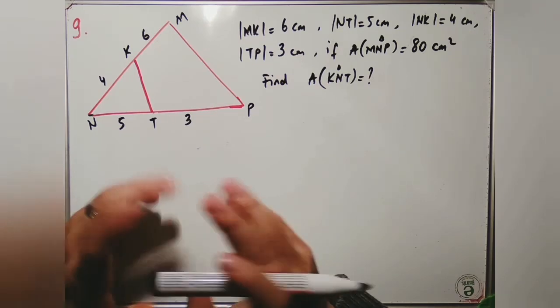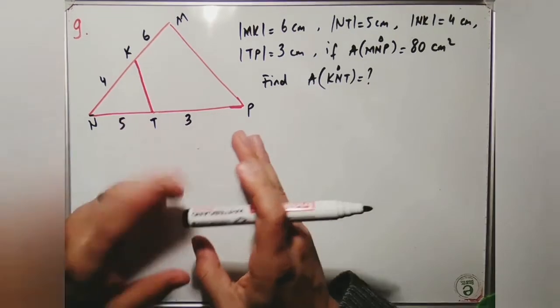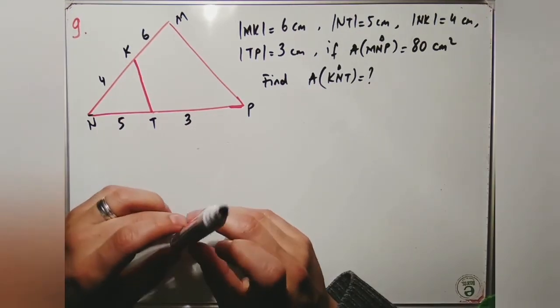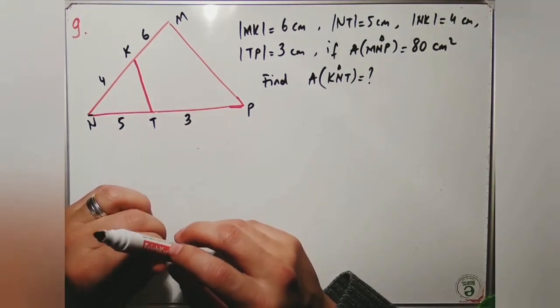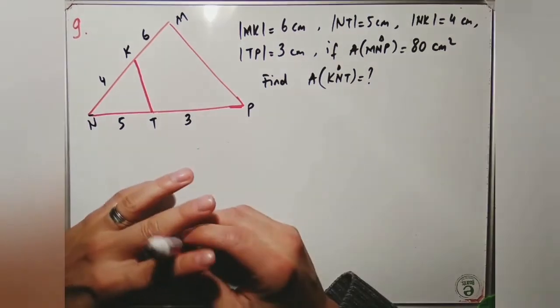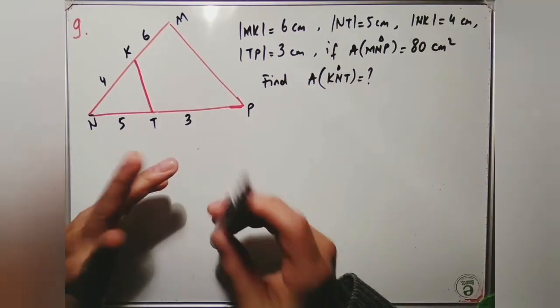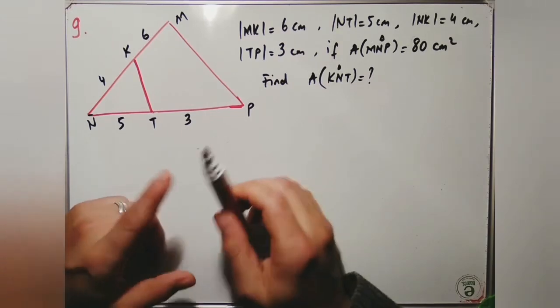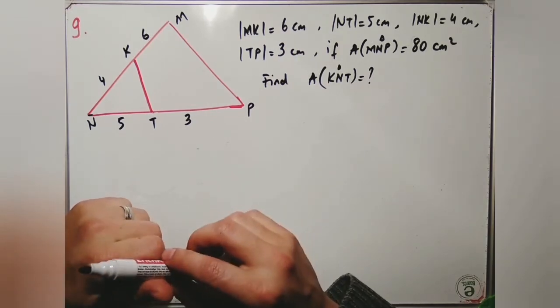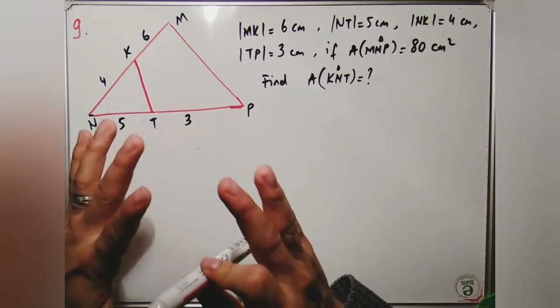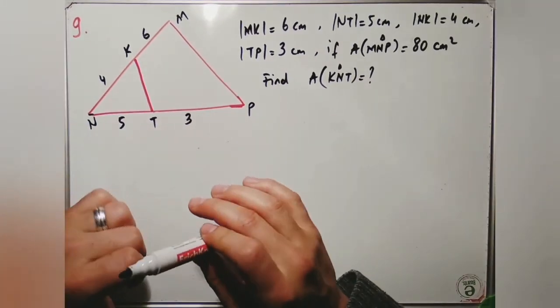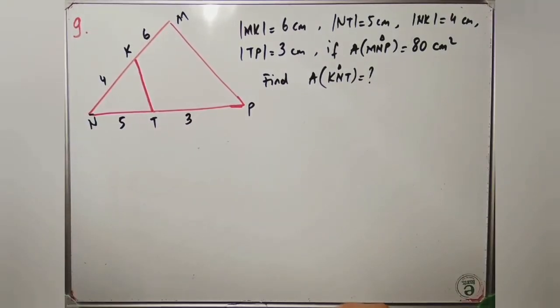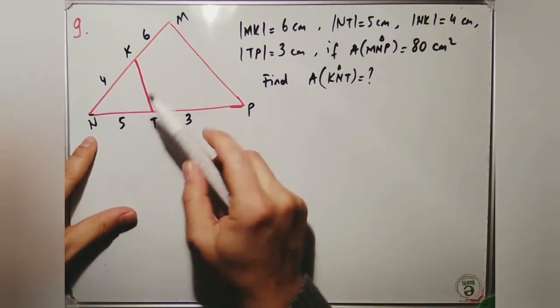So it's time to put our knowledge and experience into practice. Again, we have to go back in time. We have to remember what we have done in the previous lesson. Remember that I gave you the sine theorem. Yes, when we find the area of triangles, we can apply the sine theorem. So to find the area of KNT,